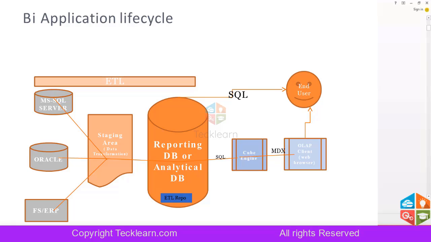Once we have data in the staging area, we do some cleaning activities, transformations, and segregation, and then finally we take that data to the reporting database. So ETL operations happen here too. Two levels of ETL operations take place. One is extracting from multiple sources and loading into the staging area. Then again extracting from the staging area and loading into the central database, and we do transformations in between. This is the scope of ETL, which is the primary vertical of business intelligence technology.